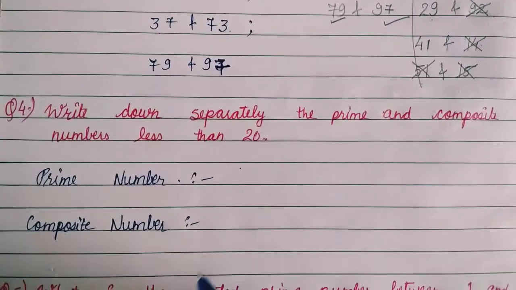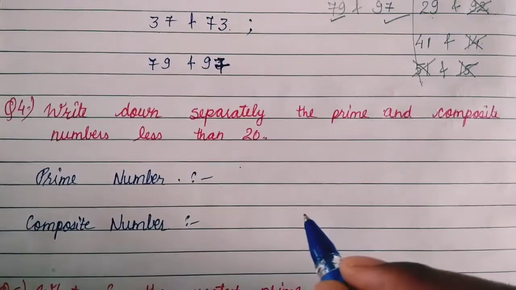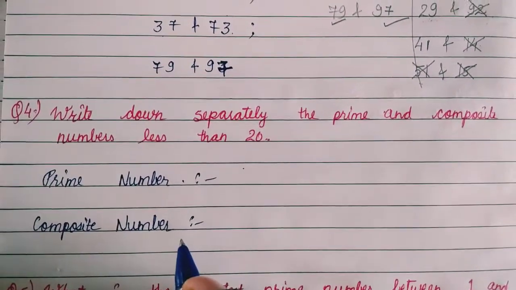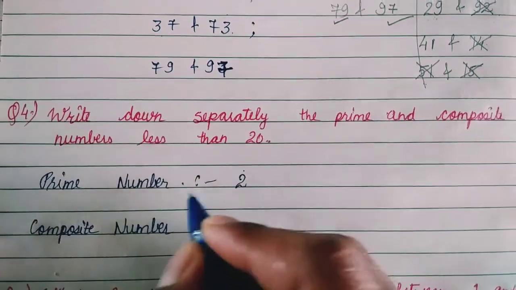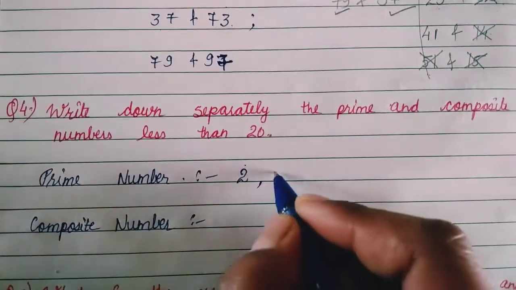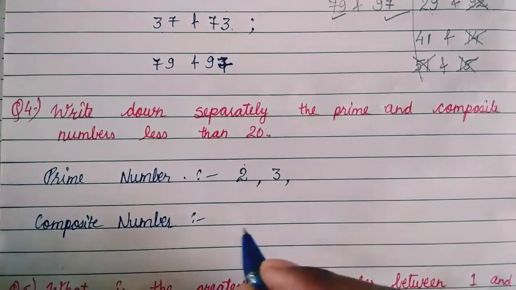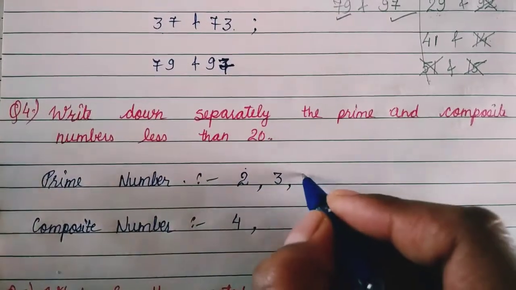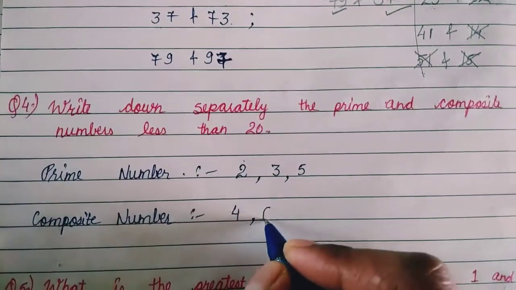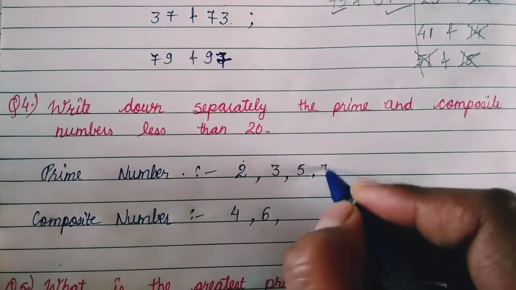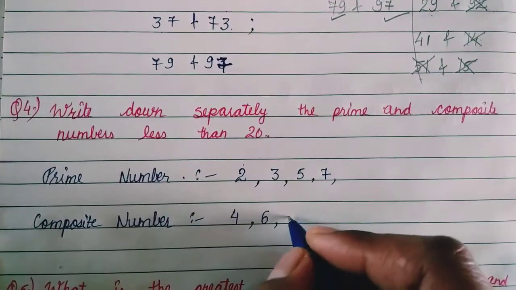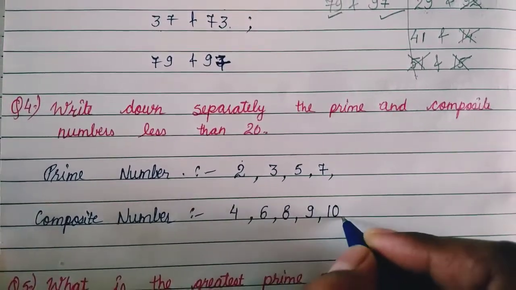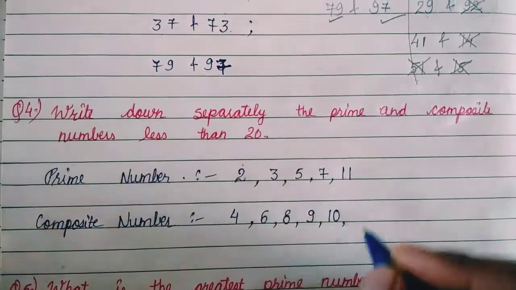Here we have to begin with 2, because 1 is neither a prime number nor a composite number. So we will begin with 2, and 2 is a prime number, so it will go in the prime number section. 3 is also a prime number. 4 is a composite number because it has more than 2 factors. 5 is a prime number. 6 is a composite number. 7 is a prime number. 8 is a composite number, 9 is a composite number, 10 is a composite number, 11 is a prime, 12